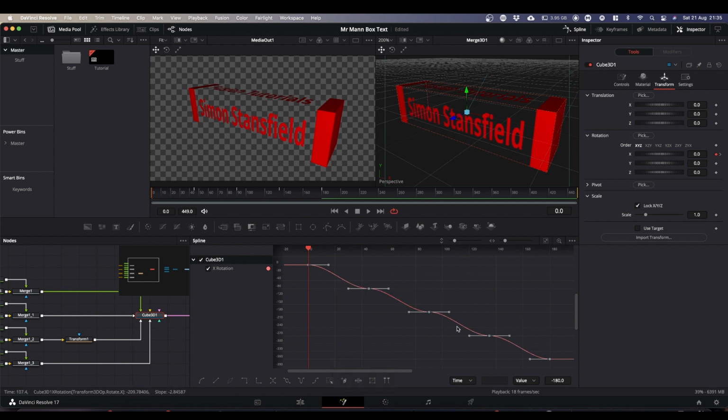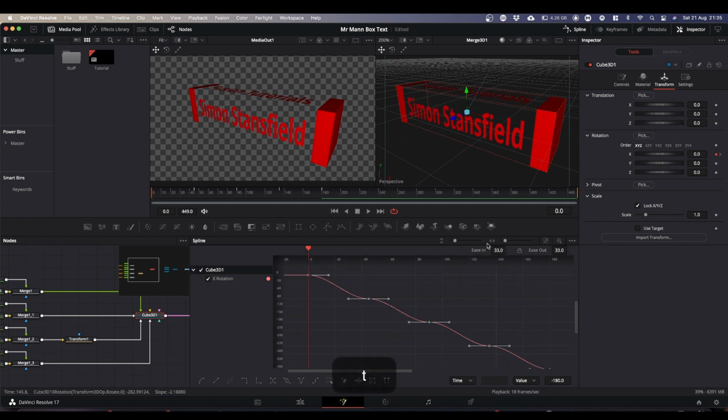This is going to add easing to our rotation. If you now press T, you get these ease in, ease out values. And what I do is set them up to 50, like so. Now with all our keyframes still selected, come down to the bottom of your spline window and you'll